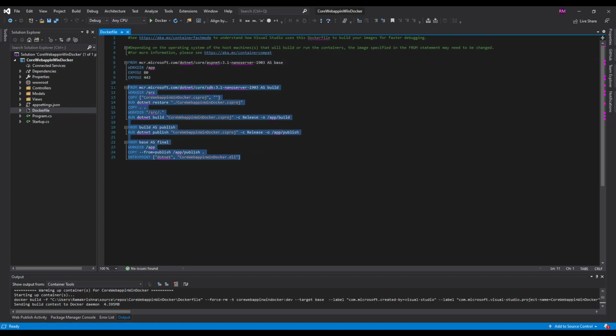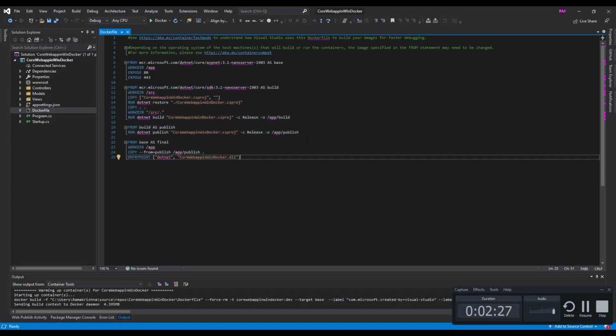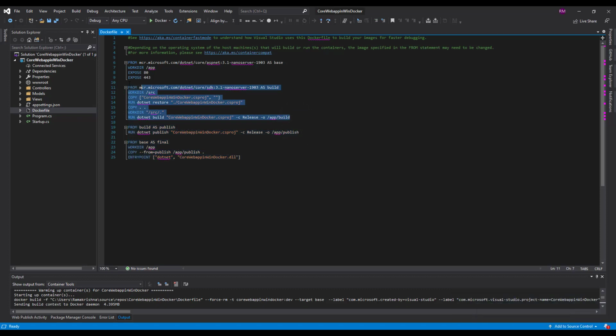The second part of the Dockerfile is basically used by the release pipeline in the CI/CD configuration. So it is preparing the release Dockerfile in the DevOps pipeline. We can also see a build layer is created from the Microsoft image itself.